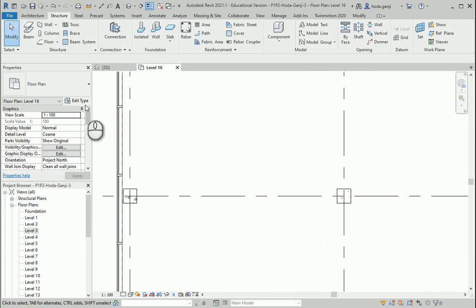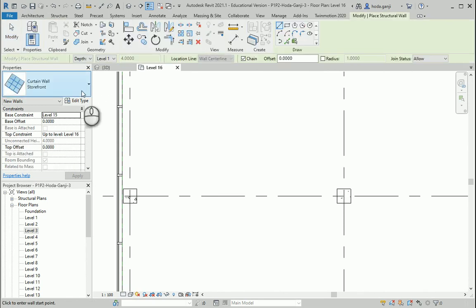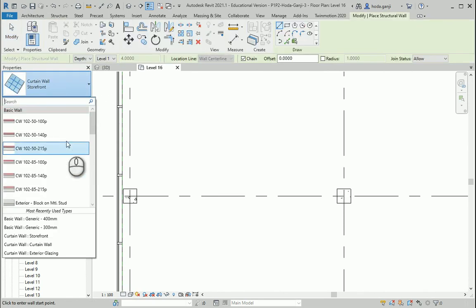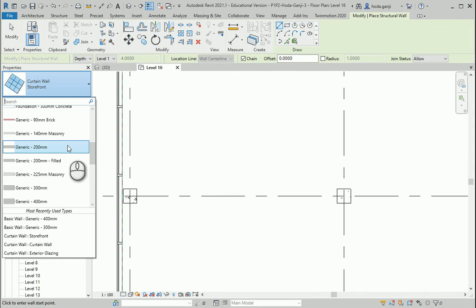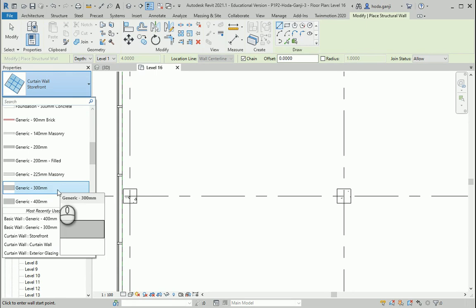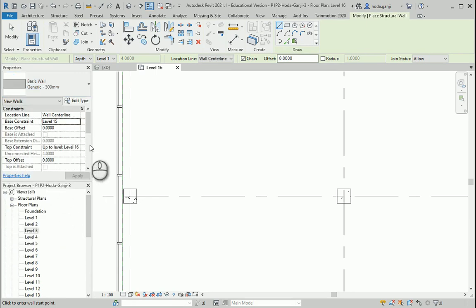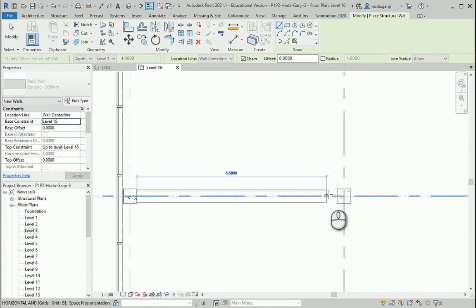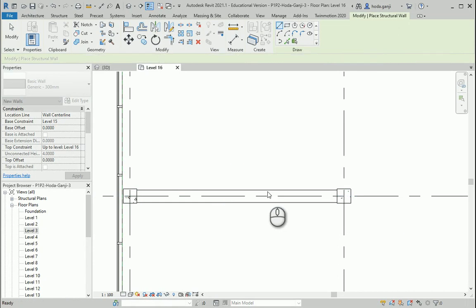So I'll go with wall is going to be a structural wall, and actually it's going to be a concrete wall, and we'll add rebars later. So I want to go with maybe generic 200 or 300. I'll go with one of these, and it's something that you can talk about with your structural engineer about how big it is and how much rebar it's going to need. So I'm going to put it here. This is my shear wall.